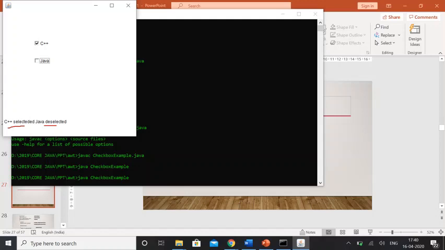Right? So again, the event delegation model will be used. Can you think of which listener we will be using over here? Is it key listener? No. Is it action listener? No. Is it mouse listener? No. Is it window listener?